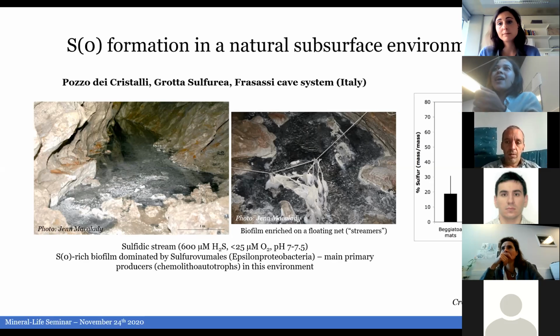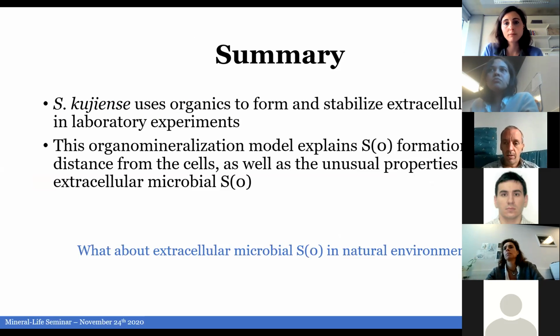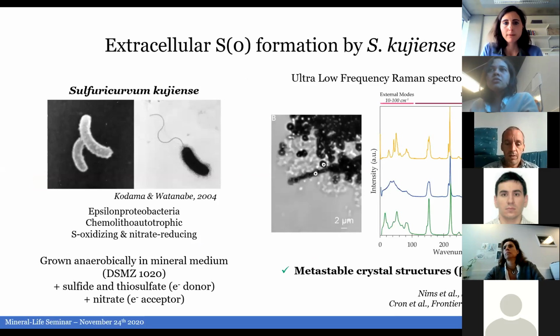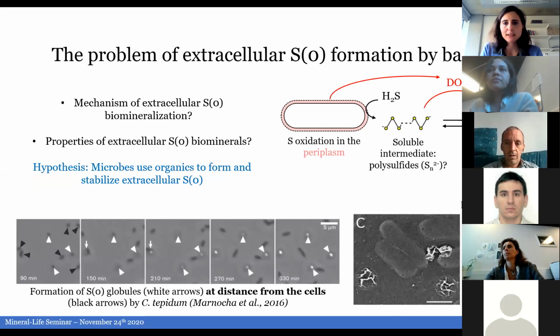So, do you know, is there some sort of research already going on into how they access these mineral phases? Because we know a lot about extracellular electron transfer for iron minerals, but something like that could also happen with these sulfur minerals? Yeah. So the idea is that in the periplasm, they will oxidize sulfide to a soluble intermediate,